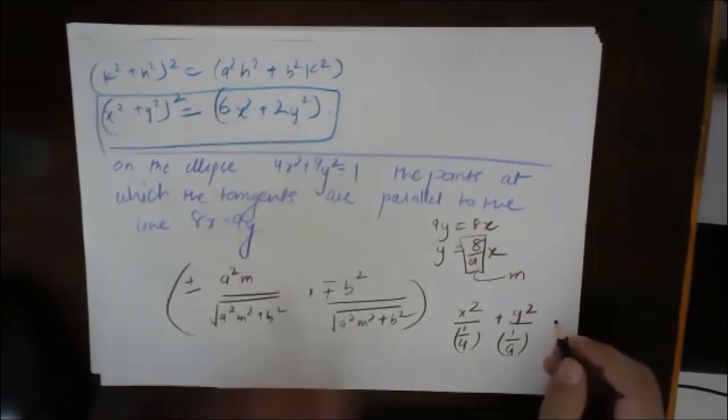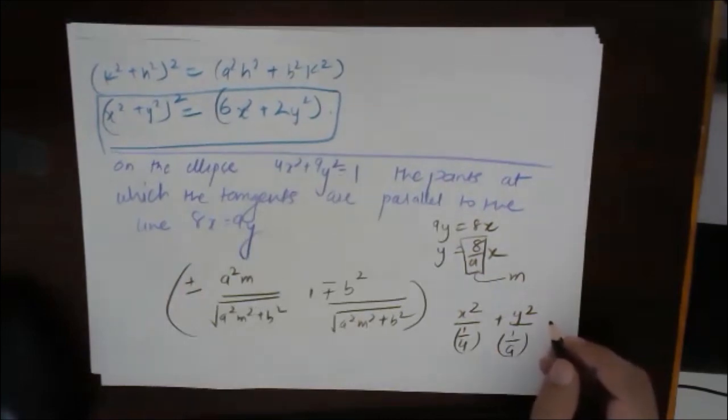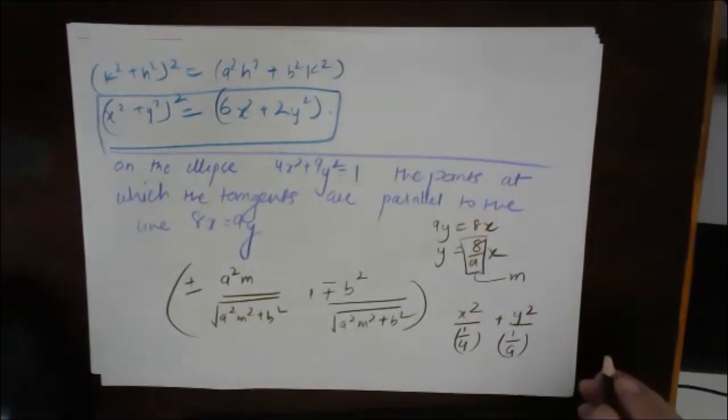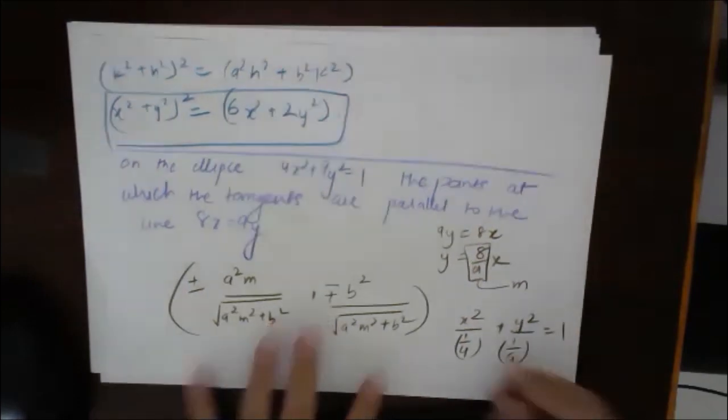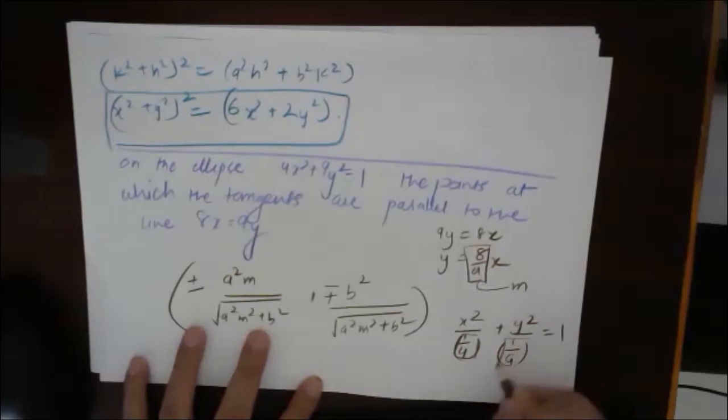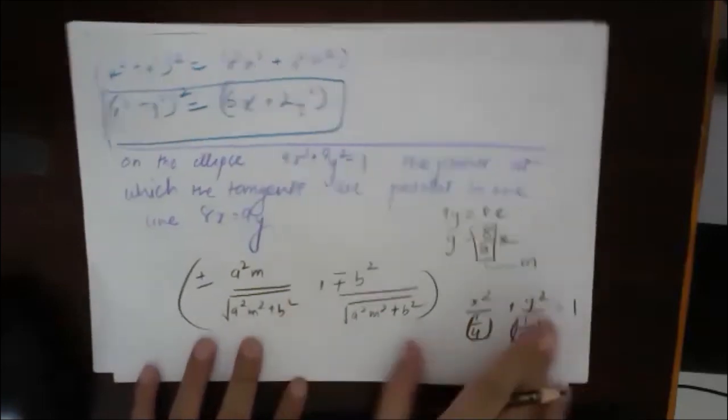Kartika, just check for the sign. Values are correct, 2 by 5, 1 by 5, but the sign is not correct. It should be minus on either one of them. Okay, so this is equals to 1. So this is a square and this is b square. So I'll simply substitute. So this becomes